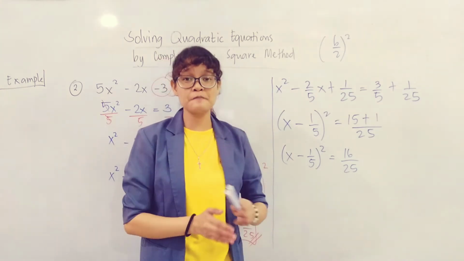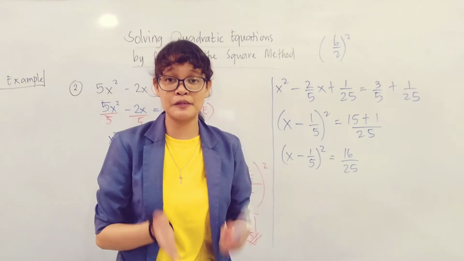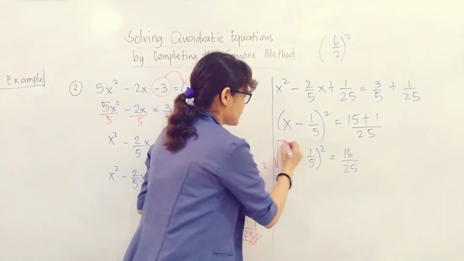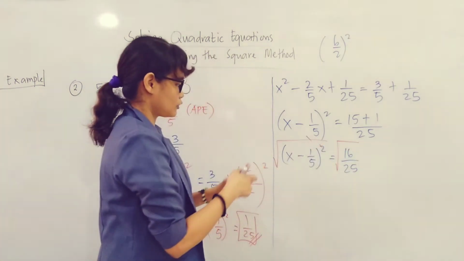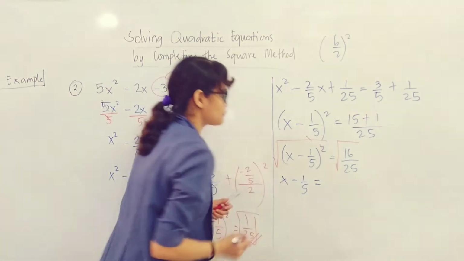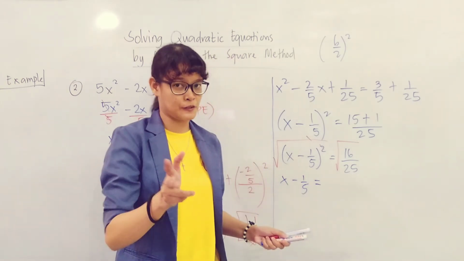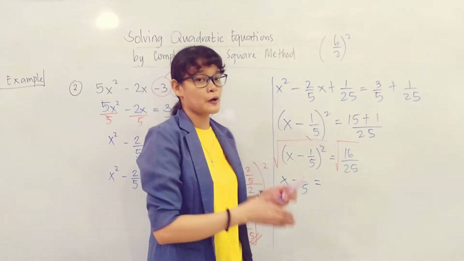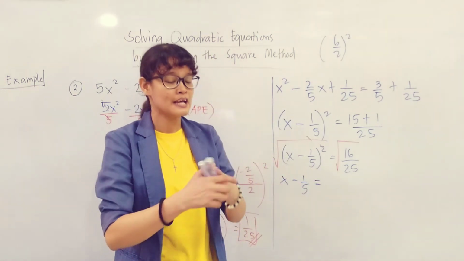Now, next step, dito na magtatapos yung completing the square method. Papasok na ang konsepto ni square root property. So let us now extract the square root. Get the square root of this binomial and this one. Alright, cancel. So, copy this one, you'll have x minus 1 over 5 equal to, ito naman, paano kinukuha ang square root ng isang fraction? Madali lang. All you have to do is to extract the square root of both the numerator and the denominator. But then again, don't forget